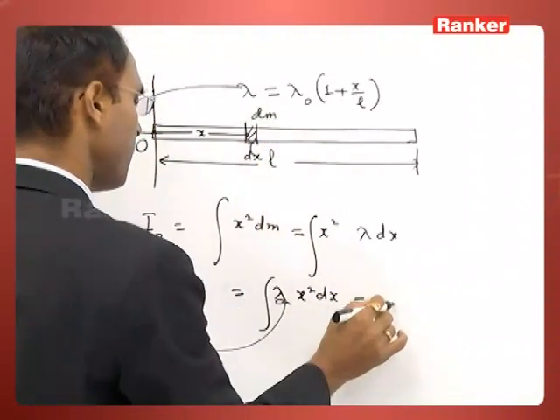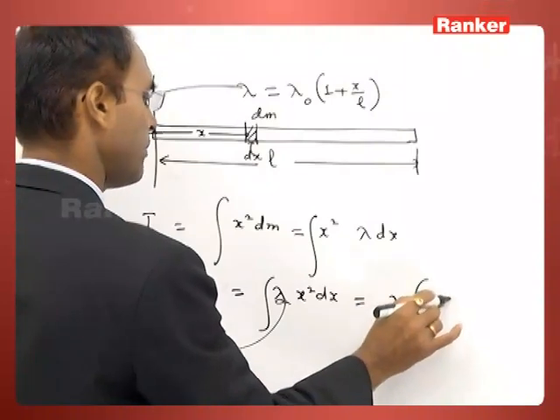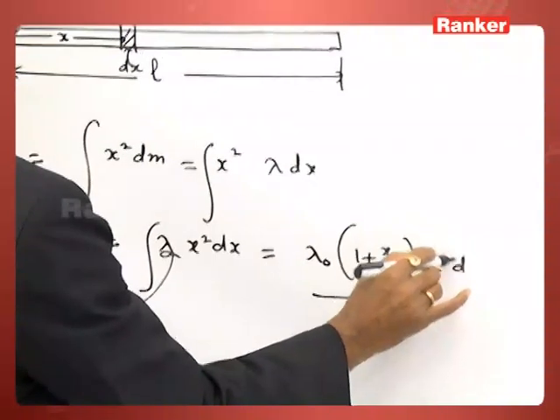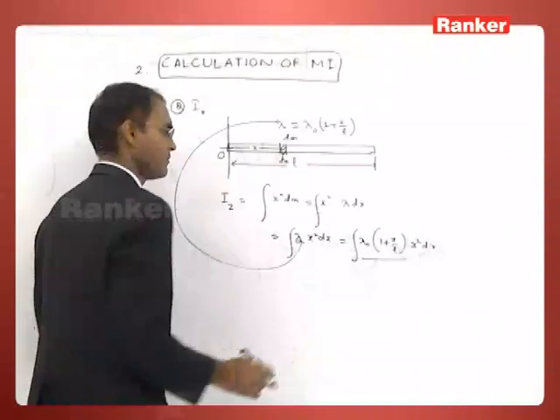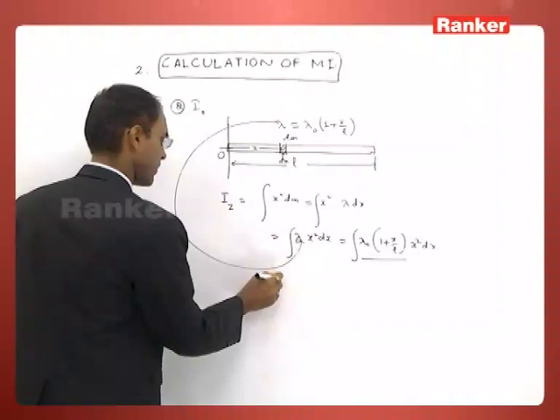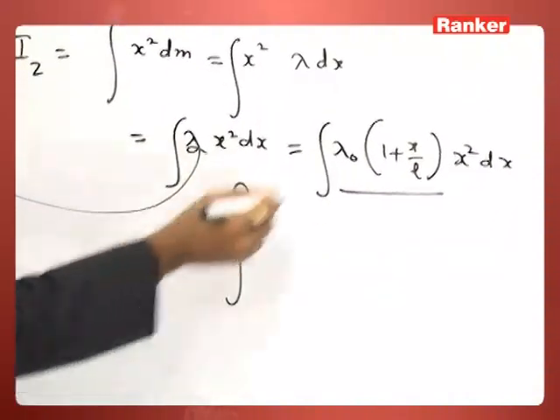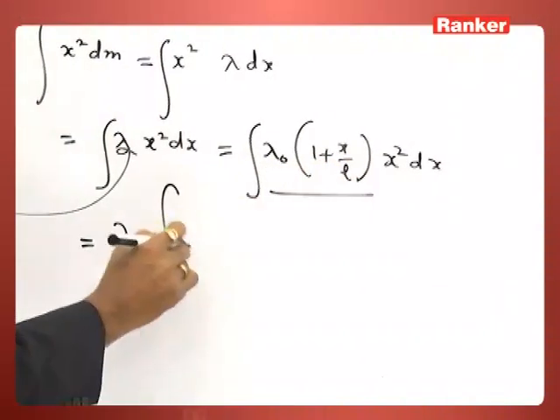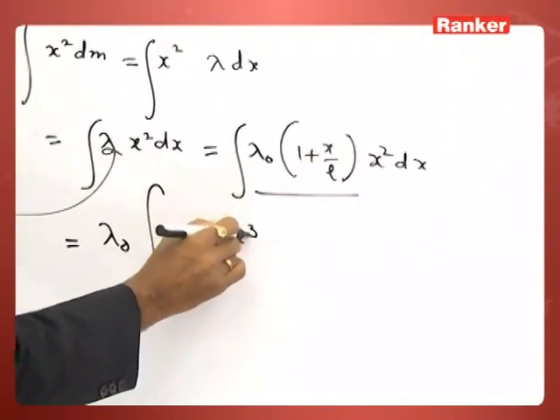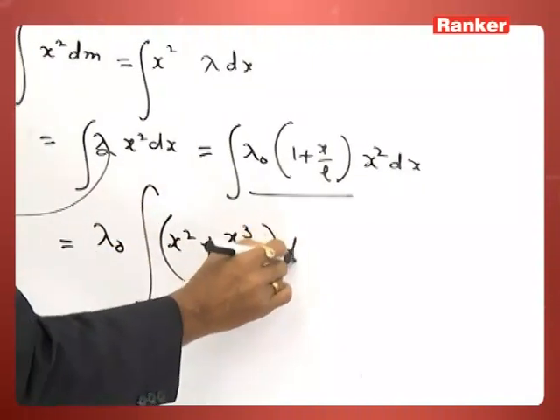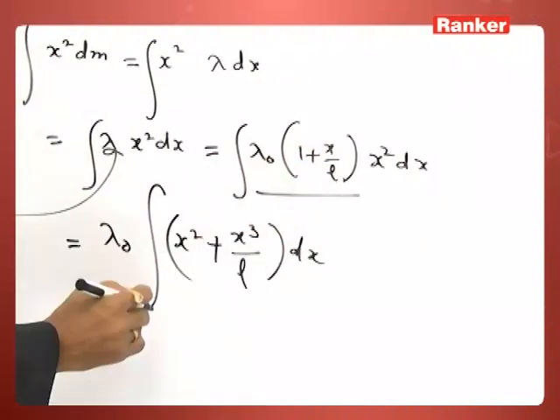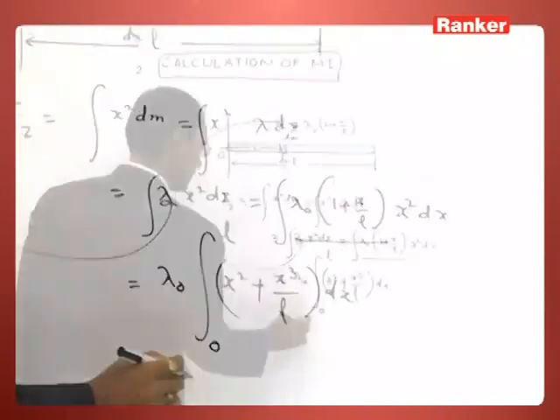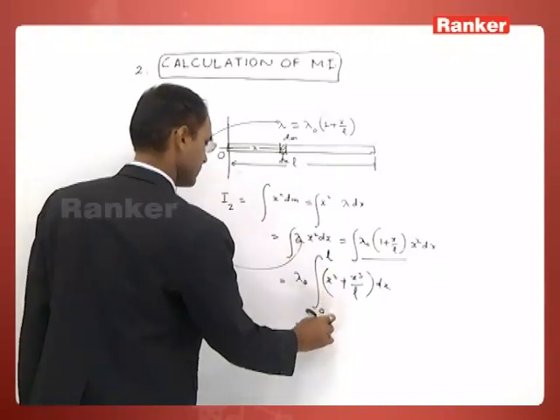Here you have to substitute the value of lambda as lambda naught times 1 plus x by L, into x square dx. Lambda naught is a constant quantity. Pull it out of the integral. When you open the bracket, you are getting x square plus x cube upon L dx. x ranges from 0 to L